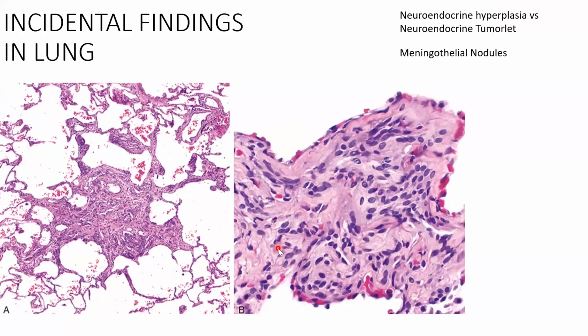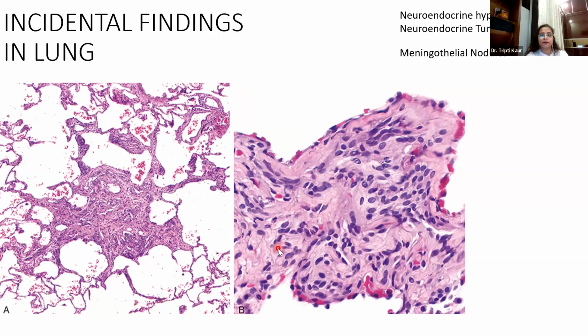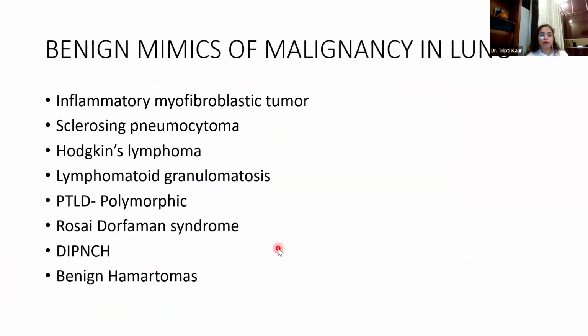What about glomus tumor in the lung? Is it common to see it in the lung? Glomus will have a very blue appearance. It will look like a neuroendocrine tumor, except the chromatin will be different and the cytoplasm will be more than a neuroendocrine cell. If you compare neuroendocrine with glomus, glomus is a single lesion and neuroendocrine can be multiple, in multiple nests. But yes, you need IHC to confirm. You can find glomus in lung, but it's very rare. So you should go for the more common differentials first.